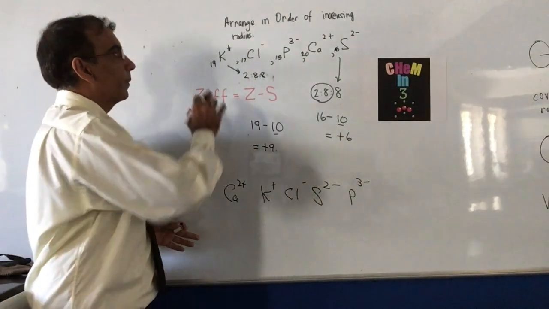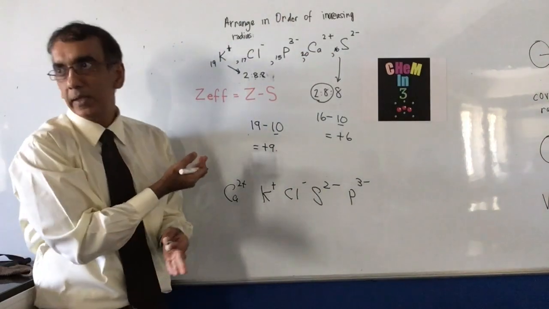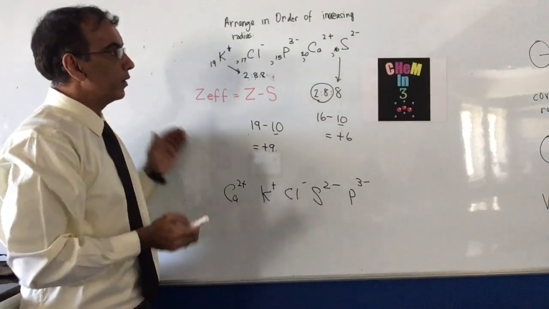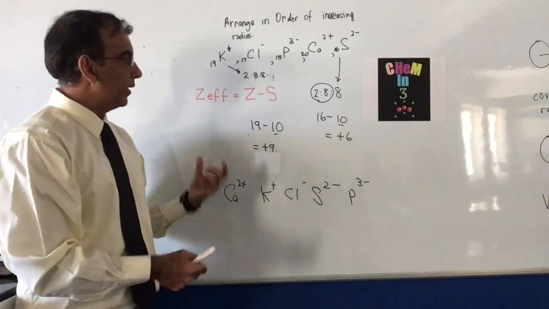Okay? And this is not just atomic radius, it's ionic radius. But once you understand how we look at the trend for atomic radius, you just apply the same formula